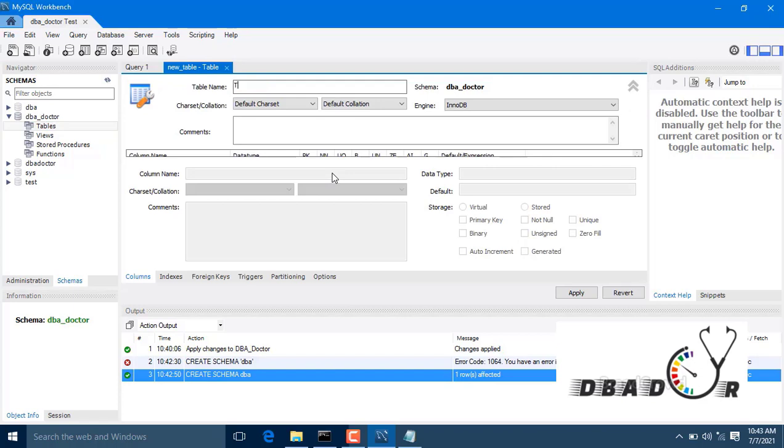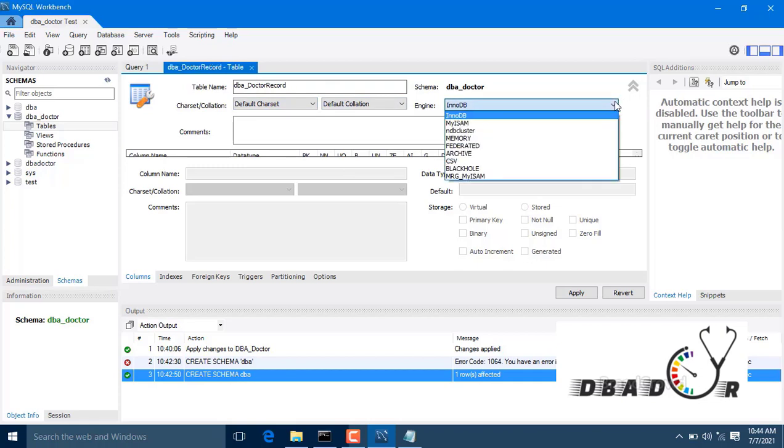You have to specify some dummy table name, let's say doctor record. Again, the collations and all you can specify here, and engine also you can specify.